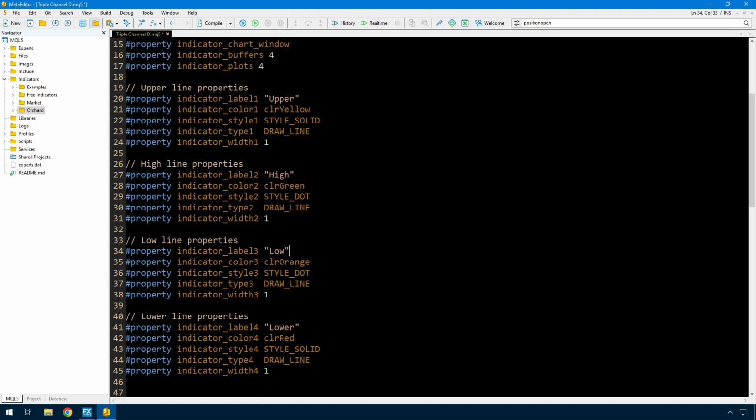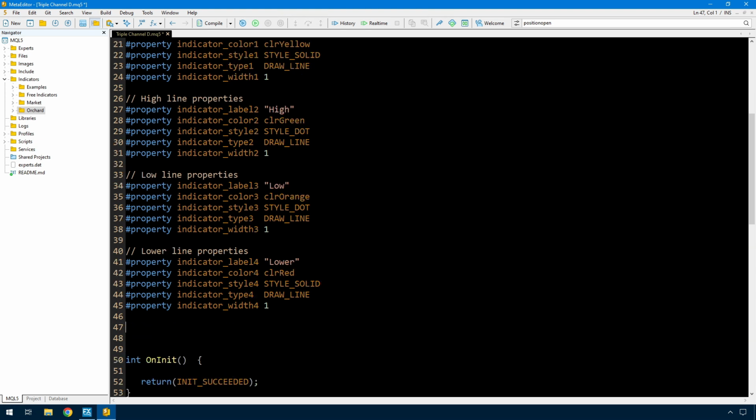And I've done that, so I've got indicator label 3 and 4. This is the low line, which is the inside lower line, and then the lower is the outside line at the bottom. So colors are green, orange, red, and so on. So now that I've created all of that definition, which shows how these lines are going to be displayed on